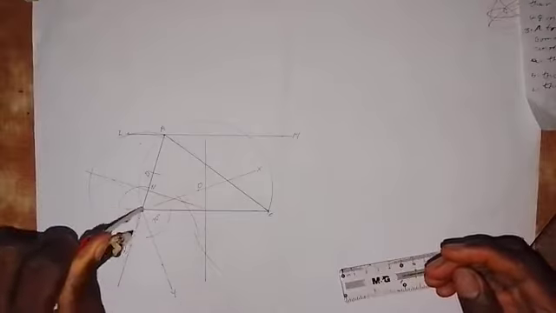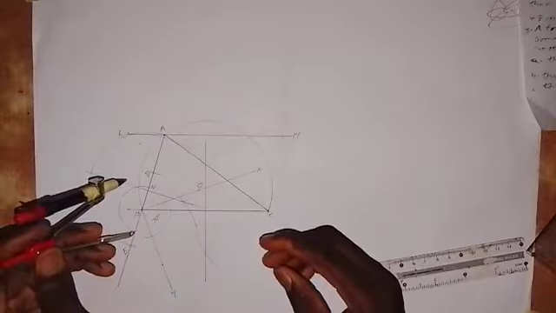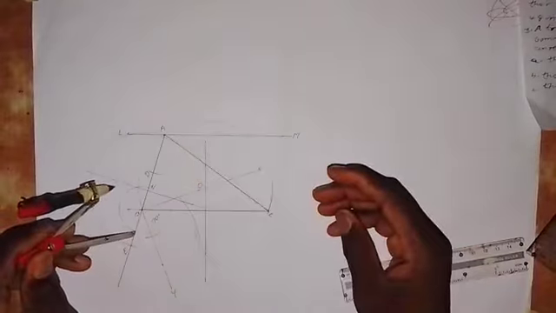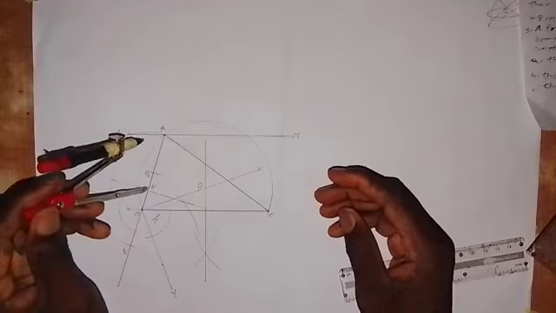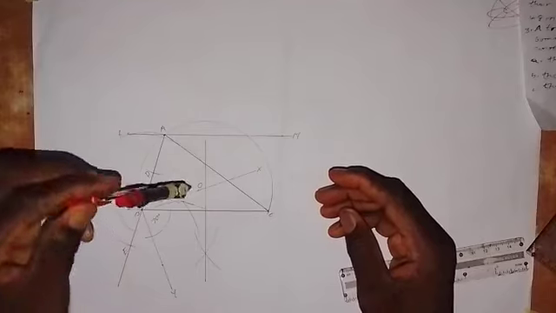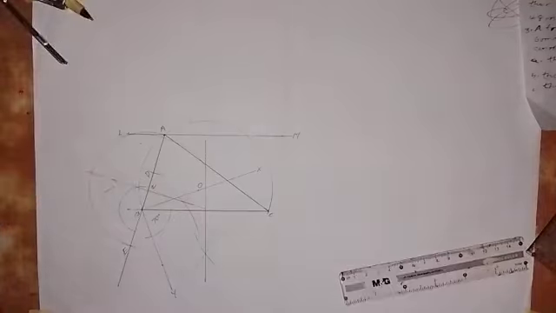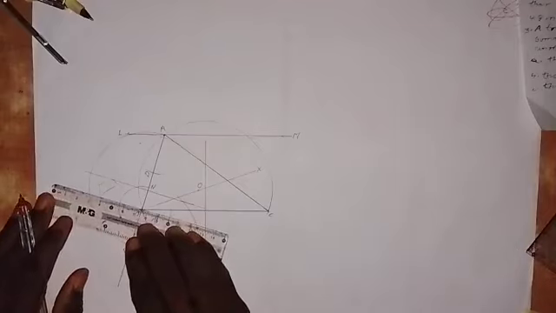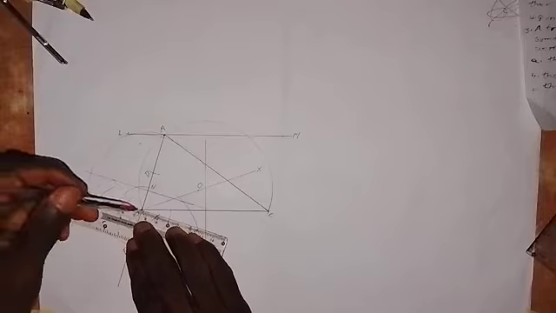Then we are going to bisect this semicircle. So putting the point of the compass here, we extend the pen point to a convenient radius. We draw an arc here, and we do the same at this point also, so we draw an arc here. All right, so we are going to draw a line from point B, passing through the point of intersection of the arcs, and this line will be at a right angle to